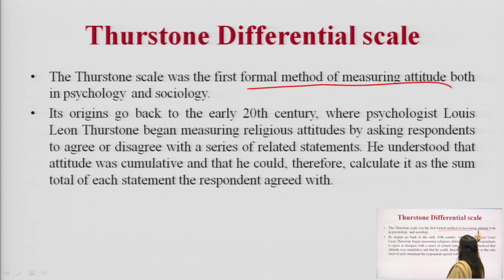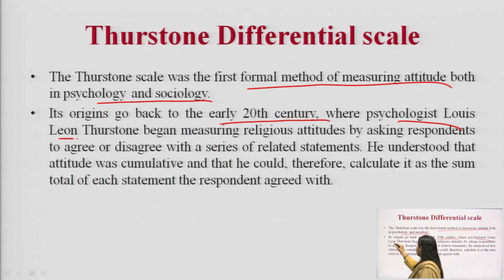Basically, this is the first scale to measure attitude in psychology and sociology, and it originated in the early 20th century, where the psychologist Louis Leon Thurstone began measuring religious attitude by asking people to agree or disagree with a series of related statements,